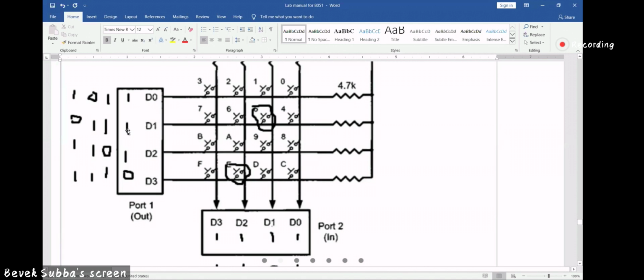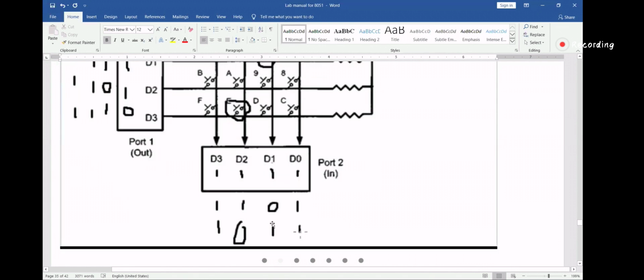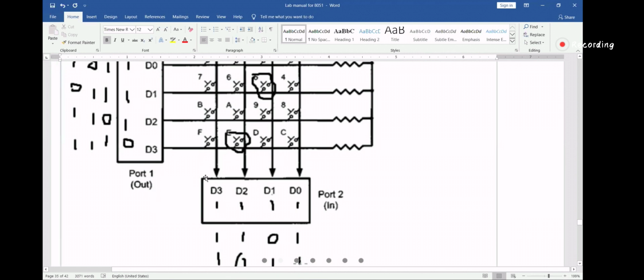Last loop, I'll give 1, 1, 1, 0. That time it will take as 1, 0, 1, 1. So the output will be 1, 0, 1, 1. That time we will know that the fourth row of the second column is being pressed.